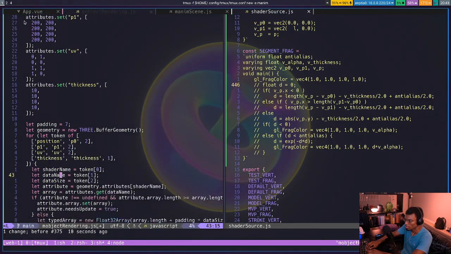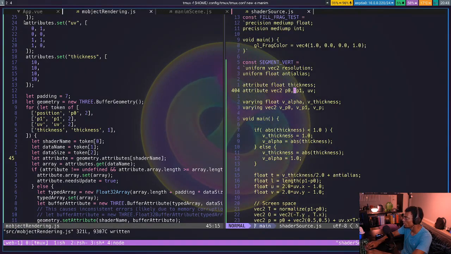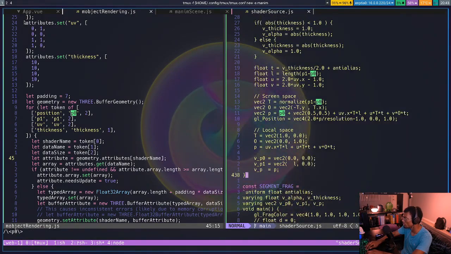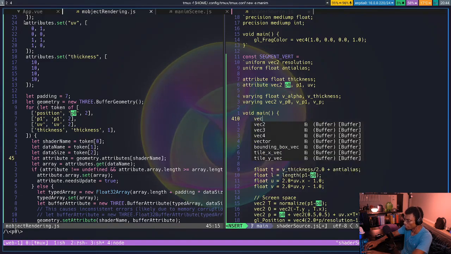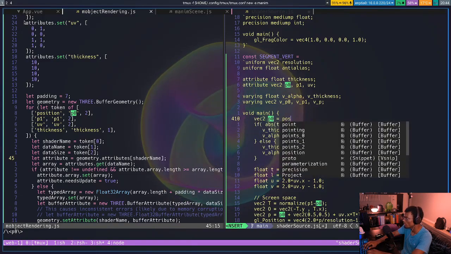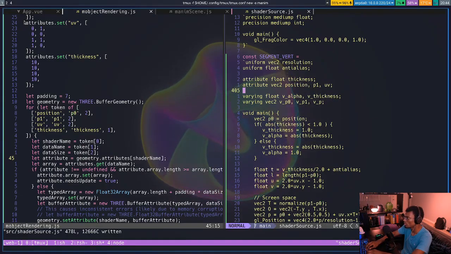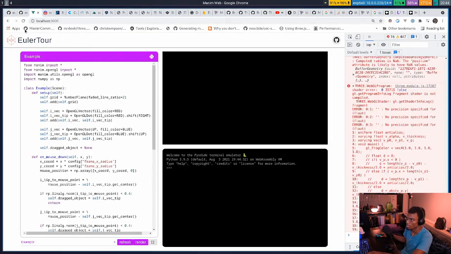Then P0 would be mapped to P's position in the shader. So here, this P0 and all P0s. Well, I guess I can say vec2 P0 equals position. We can do this. Maybe then? Okay, now I at least get errors,